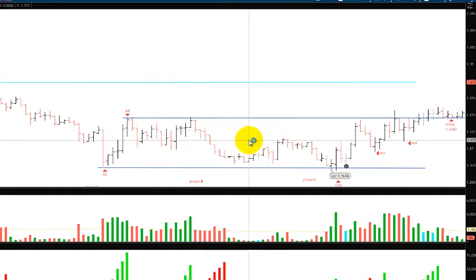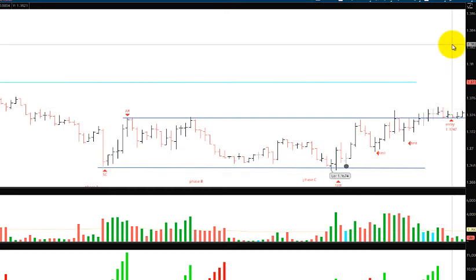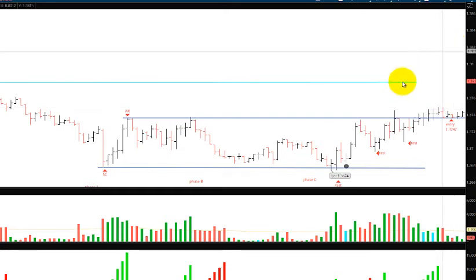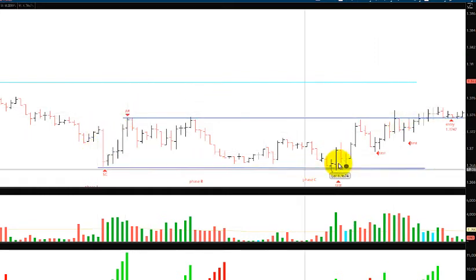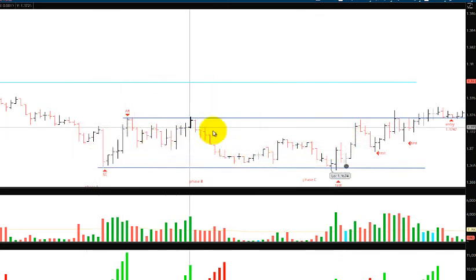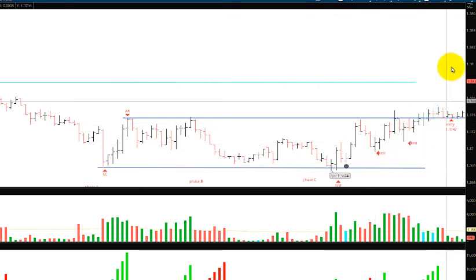I use a point and figure chart to help me calculate how far I could hold on to a trade. In other words, how far is it going to go? How much fuel is in the tank based on this consolidation phase right here, this accumulation phase right here. Based on the data right here, the point and figure chart is going to give me a count with these X's and O columns, and that's going to help me calculate my take profit levels. So let me show you what I did here.